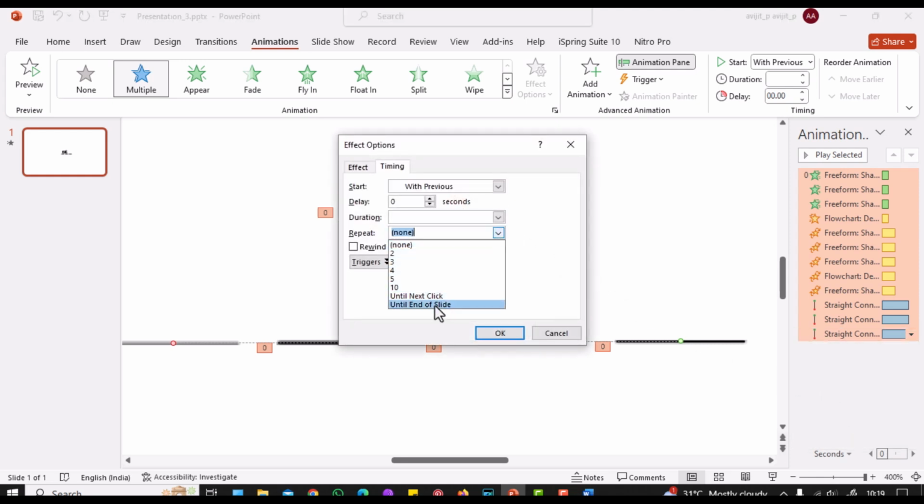Alter the timings and effects of the animation as needed. Now let's view the final result.